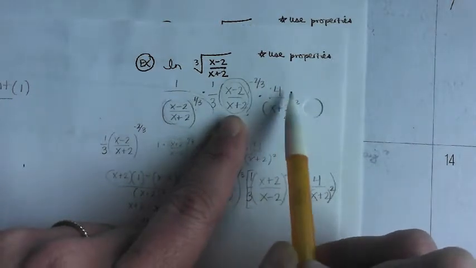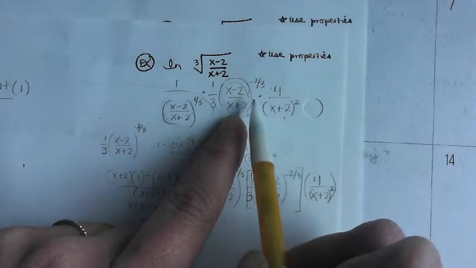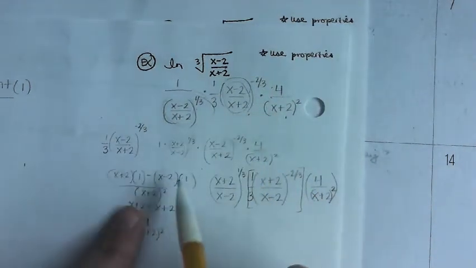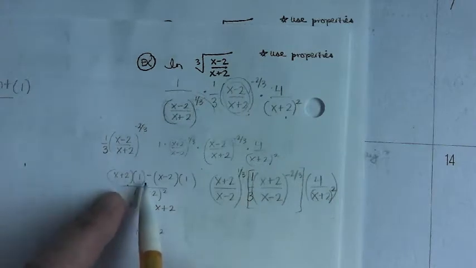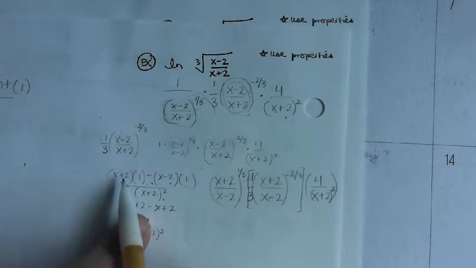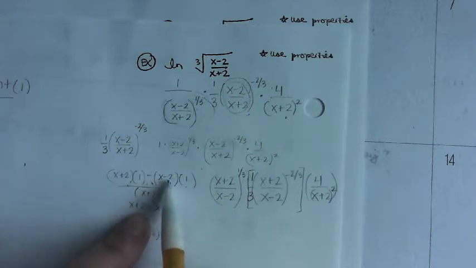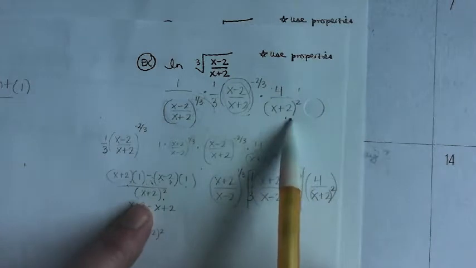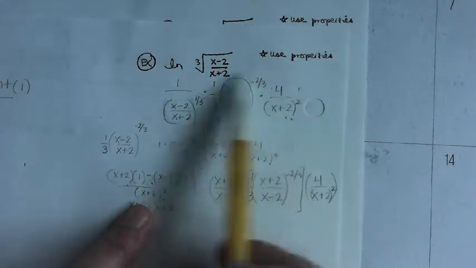Yeah, so you did the bottom times the derivative of the top minus the top times derivative of the bottom. Oh, you did it as a side project. Good. Okay, so bottom times derivative of the top minus top times derivative of the bottom all over bottom squared. So x plus 2 minus x minus 2. The x minus x cancels. 2 minus negative 2, that's where the 4 came from. Awesome. Over x plus 2 squared. Oh, great. So then from here,